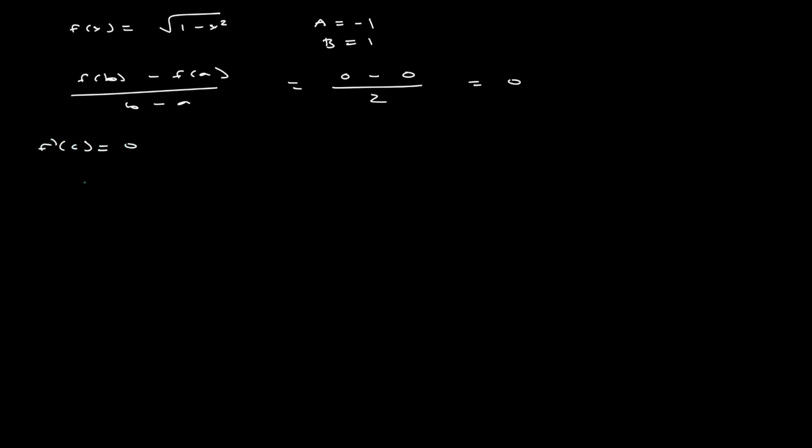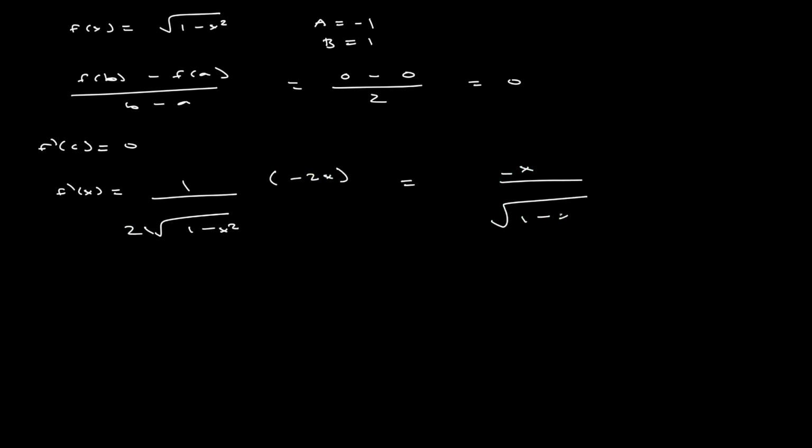Right? And so how are we going to do that? So let's just find f prime of x. F prime of x is equal to the square root of 1 minus x squared times 2 times -2x. And that simplifies to minus x over 1 minus x squared, right? And we have to query for when this is 0, and that's pretty clearly when x is equal to 0. And so here, c is equal to 0,